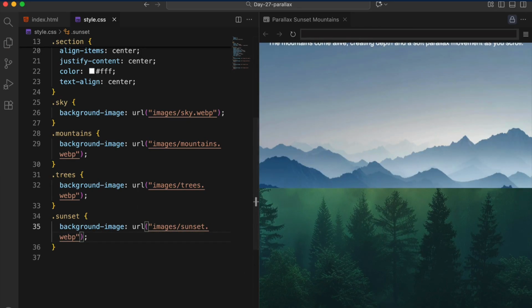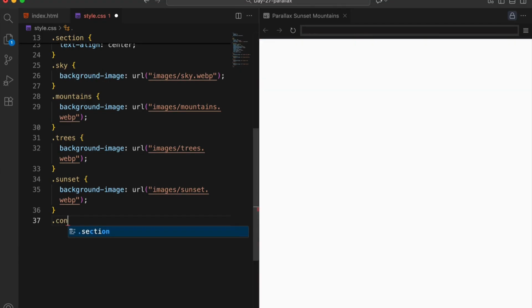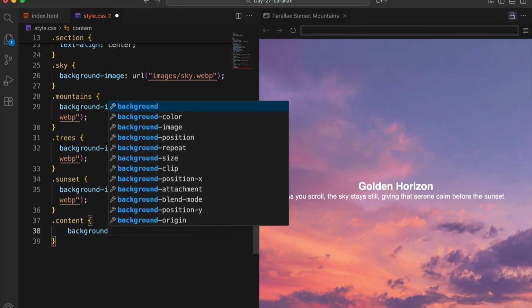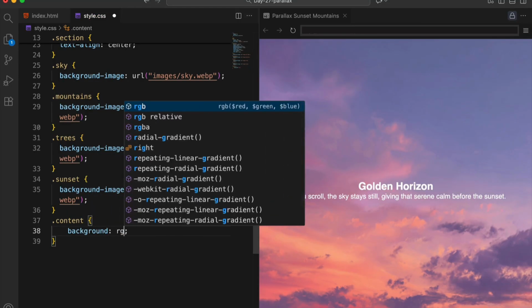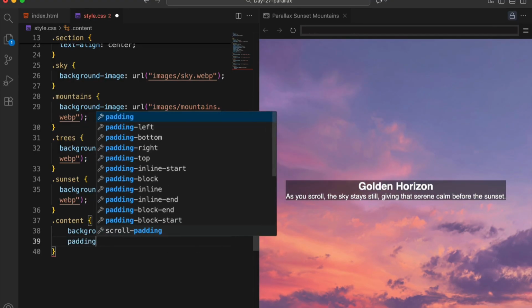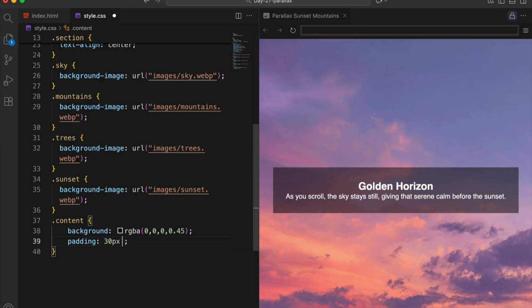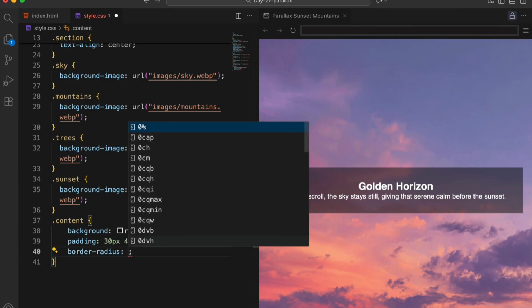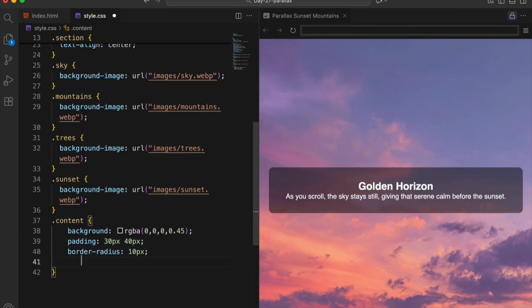Now we're styling the content area, the box that holds our text within each parallax section. We're using a semi-transparent black background to make the text stand out clearly against the images while still letting a bit of the scene show through. The padding adds space inside the box for breathing room, and the border radius softens the edges for a smooth, modern look. Finally, the box shadow adds subtle depth, making the text feel like it's floating gently above the background,